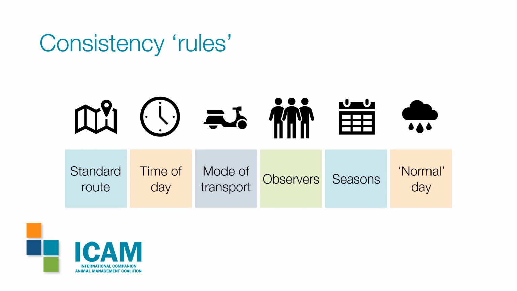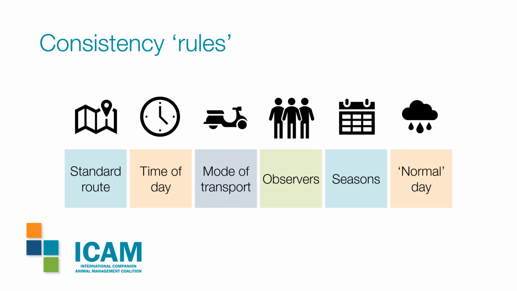Keep the same observers if you can to avoid inter-observer differences, or ensure that if you have got a change in observers, there is a training period or a handover period so that they can maintain the same protocol. Know that the seasons may change dog density because breeding may be seasonal. So for example, in Rajasthan, in the scenario 3 in Jaipur that they discussed in their groups, they have very strong seasonal breeding with a peak of breeding at the end of November.